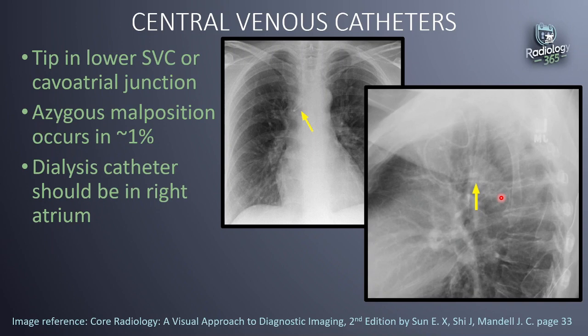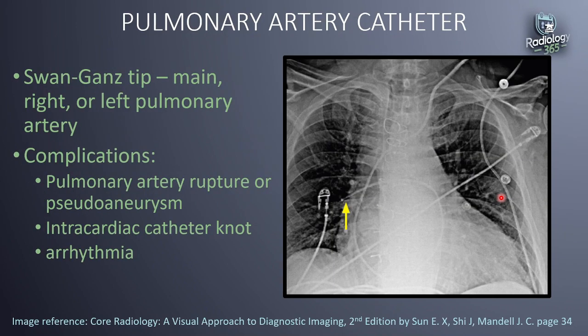Finally, we'll talk about the pulmonary artery catheter. That's also called the Swan-Ganz catheter, and it's used for a number of things, including measuring pulmonary arterial pressures, among others. Now, the tip of a Swan-Ganz pulmonary artery catheter should be in either the right or the left pulmonary artery. If the tip is distal to the proximal interlobar pulmonary artery, there's a risk of pulmonary artery rupture or